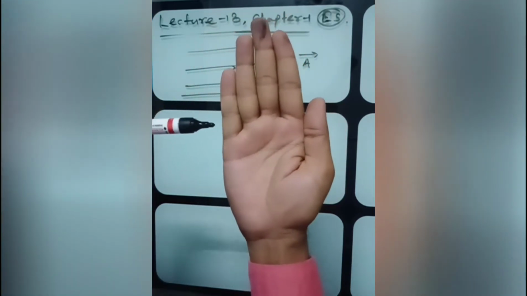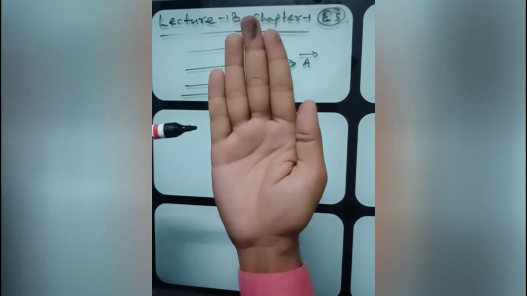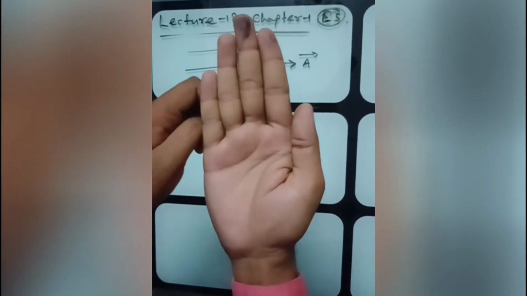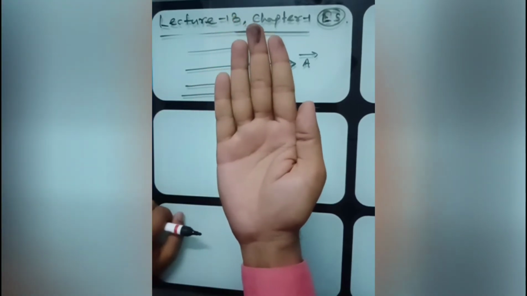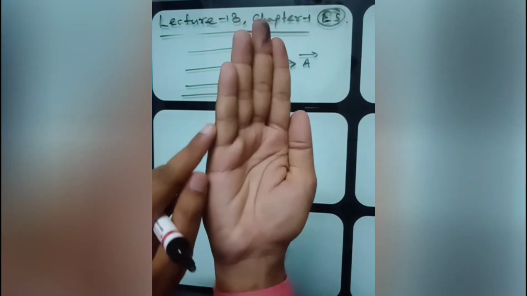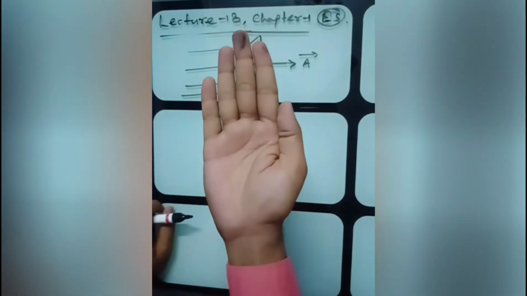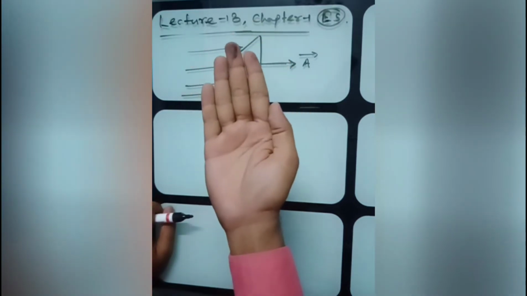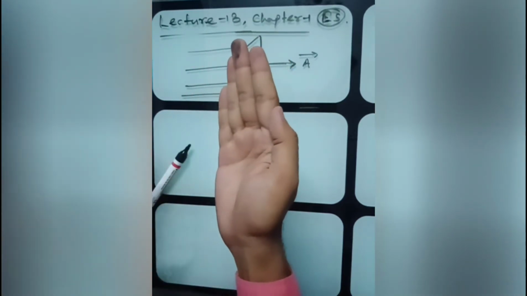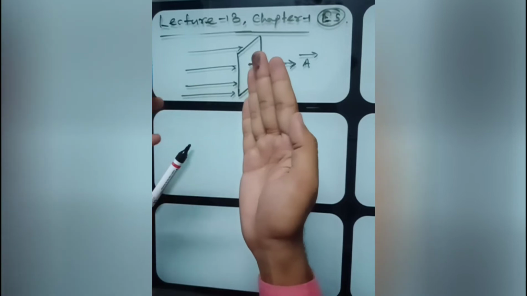Actually, the maximum field lines will move without stopping. So the flux will be almost negligible and totally depends upon the thickness of the plate. If this thickness is very small, then the flux will be how much? Almost zero. So if the field lines are coming from this direction,